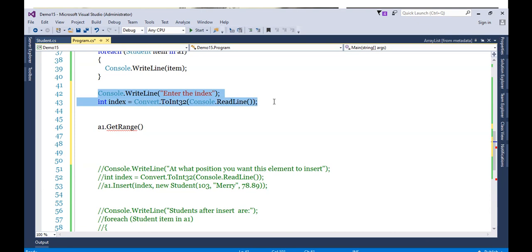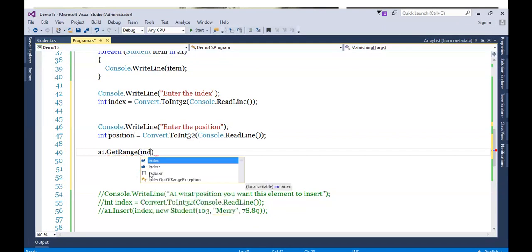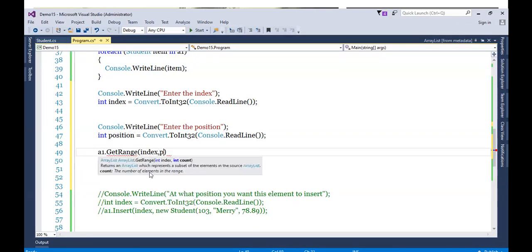Quite similar to this, we'll enter the position. So enter the position. Okay, and let's pass this to GetRange. That's it.